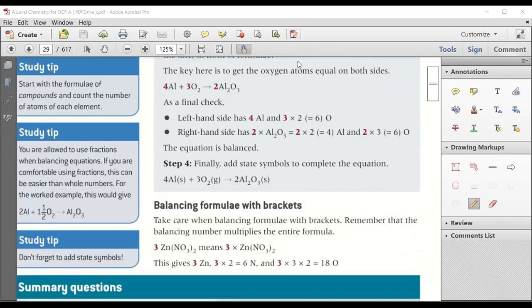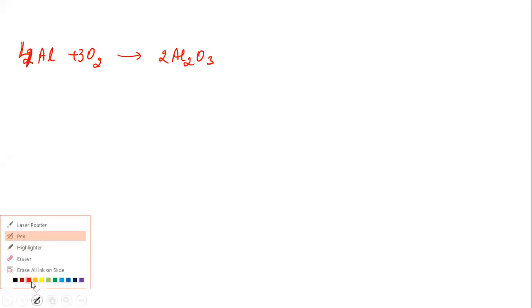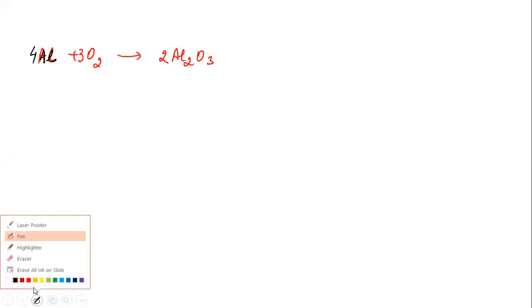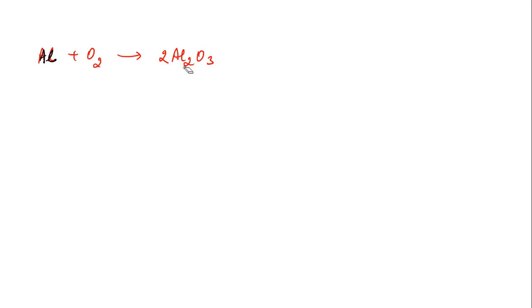Aluminium plus O2. See, this is shared now, na? This is aluminium plus O2 gives you Al2O3. A simple one. 2 aluminium, write 2 there. Oxygen, we have 3 there, 2. So if you write 3 this side, it will become 6, 2, and this will be 4. Clear? Wait, I will do it again slowly.